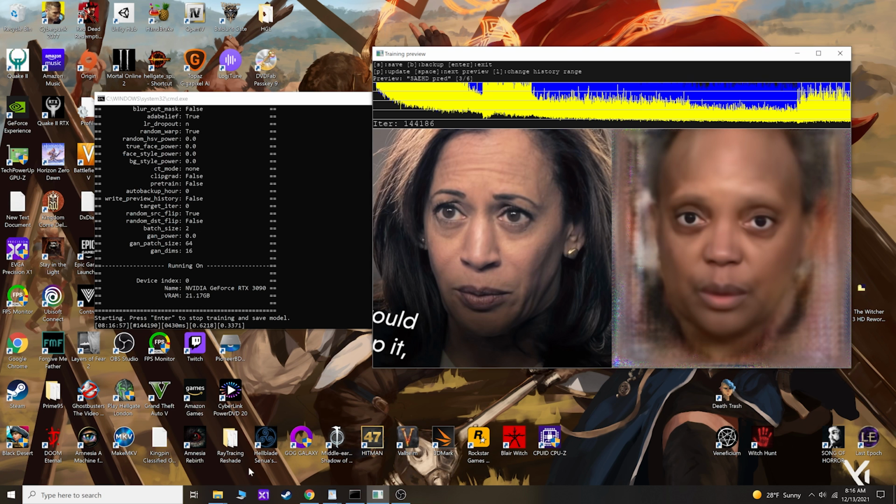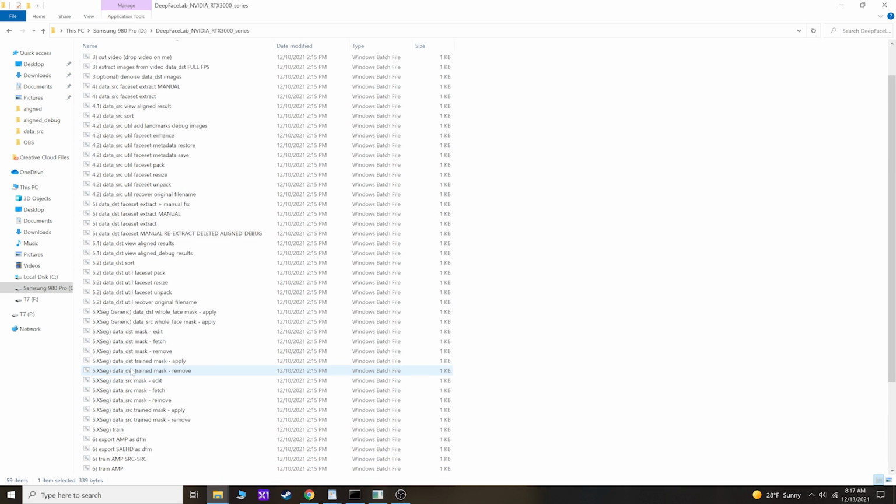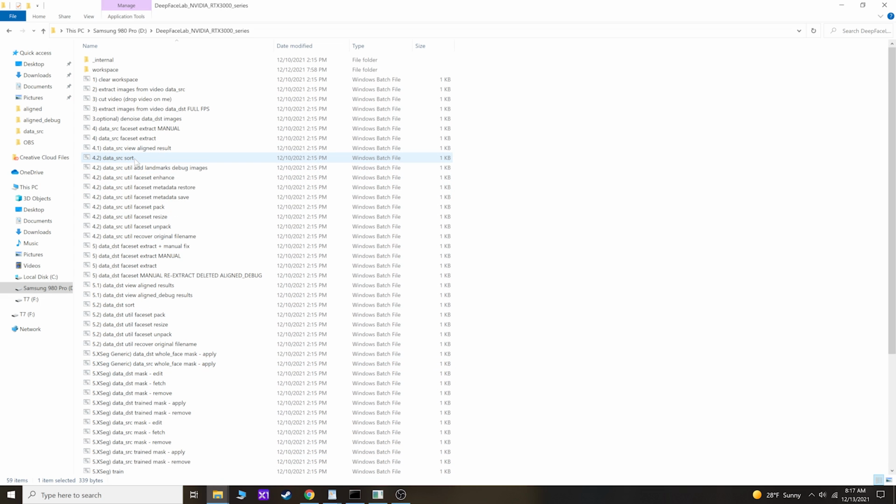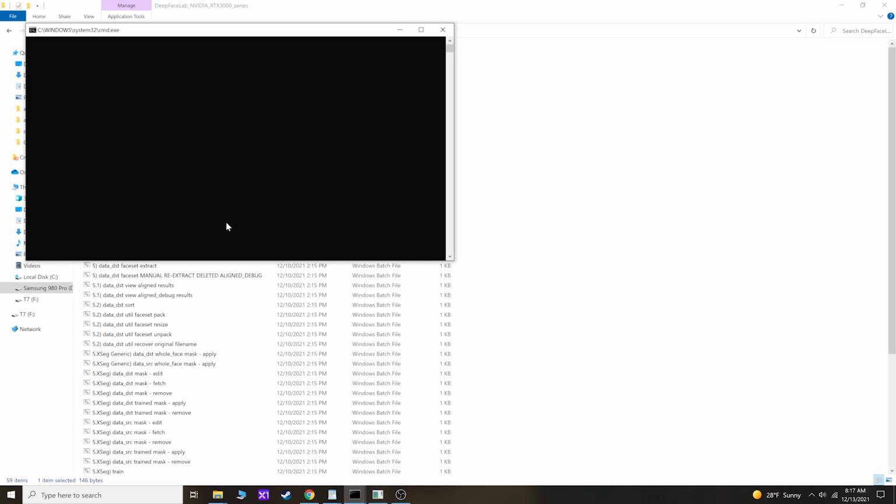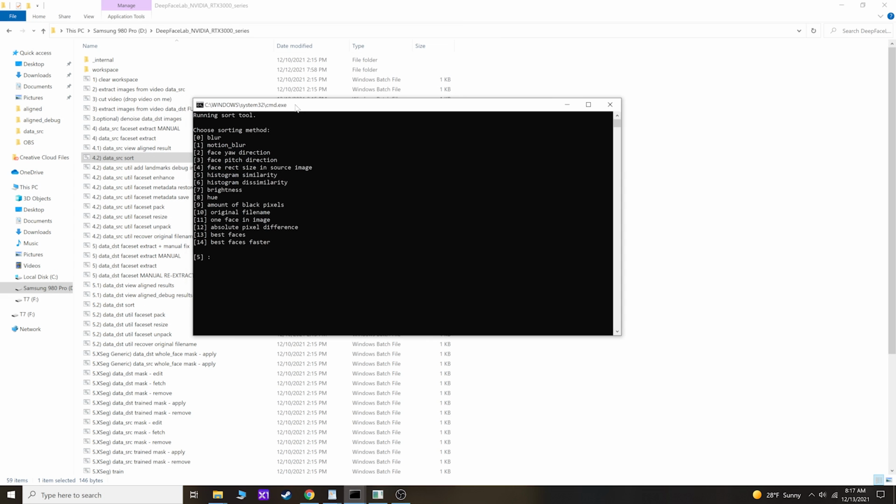But one thing that I did, which I'm not going to actually run through here, but I'll just show you guys the settings. So there's the data source sort setting that I hadn't played with before, and I'm not going to run it because I'm currently already training this, but there's different options on how you want it to sort the source library. So you can sort it by blur, motion blur, yaw direction, pitch direction, rectangle size, and